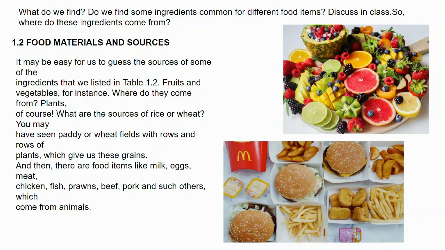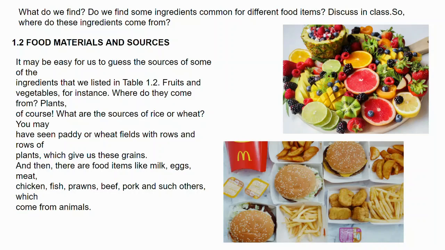It may be easy for us to guess the sources of some of the ingredients that we listed in Table 1.2. Fruits and vegetables, for instance. Where do they come from? Plants, of course. What are the sources of rice or wheat? You may have seen paddy or wheat fields with rows and rows of plants, which give us these grains. And then, there are food items like milk, eggs, meat, chicken, fish, prawns, beef, pork and such others, which come